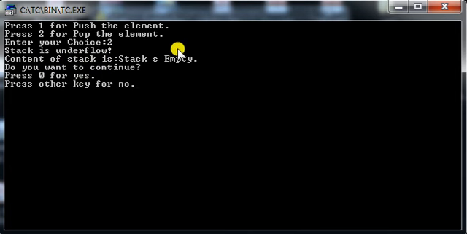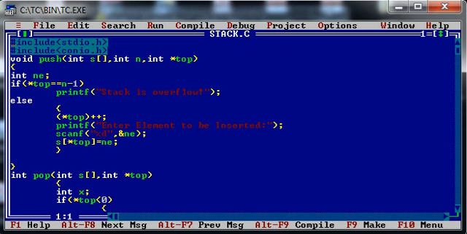Now onwards I cannot remove more elements from this stack because it contains nothing in it. Okay, I hope you understand this program very well. Now have a look once again at the code.